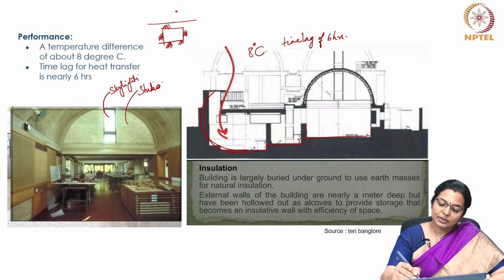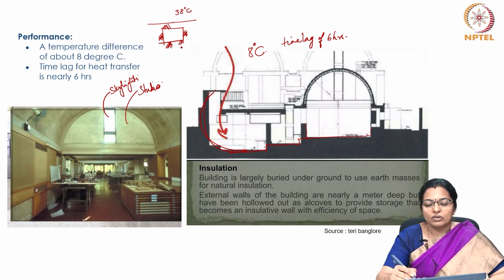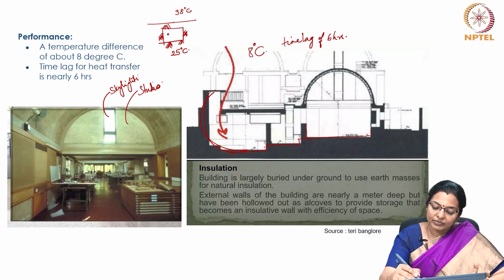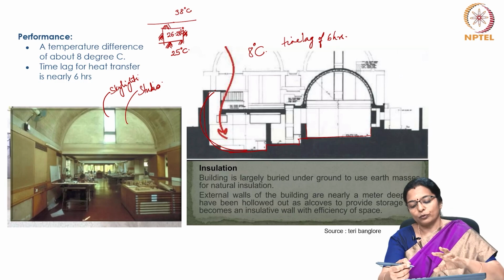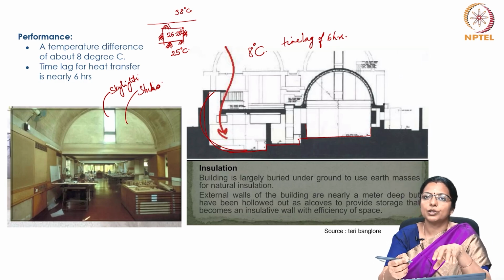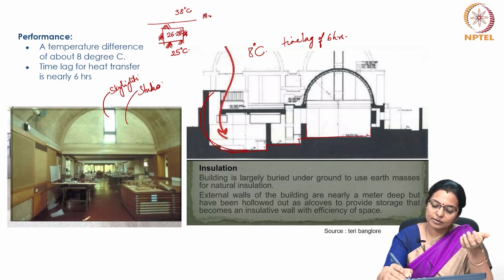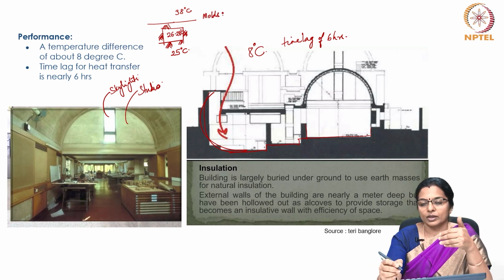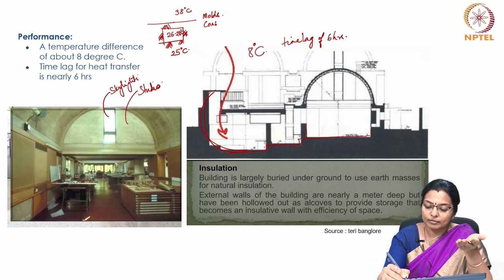If the outside temperature is, say, 38 degrees centigrade and the annual average temperature of the place is 25 degrees centigrade, you can rest assured that the building is not more than 26 to 28 degrees centigrade. But this kind of building could also have issues if it is done in a humid place, which causes the building to have molds, condensation problems,